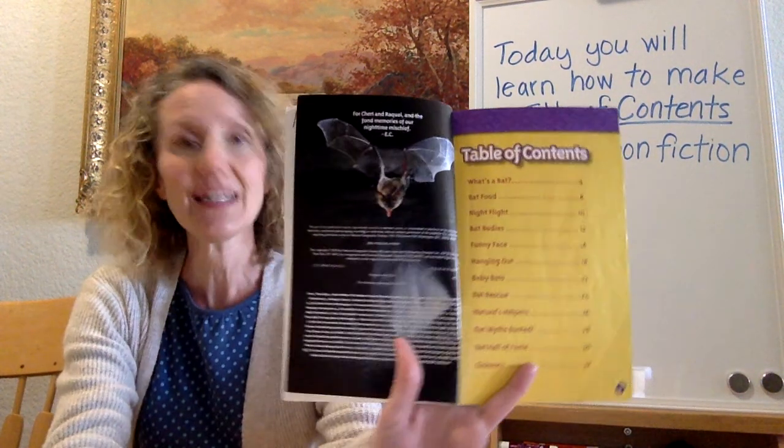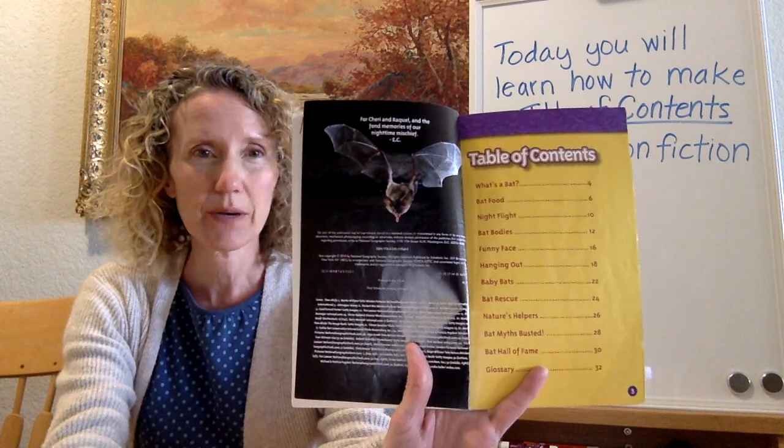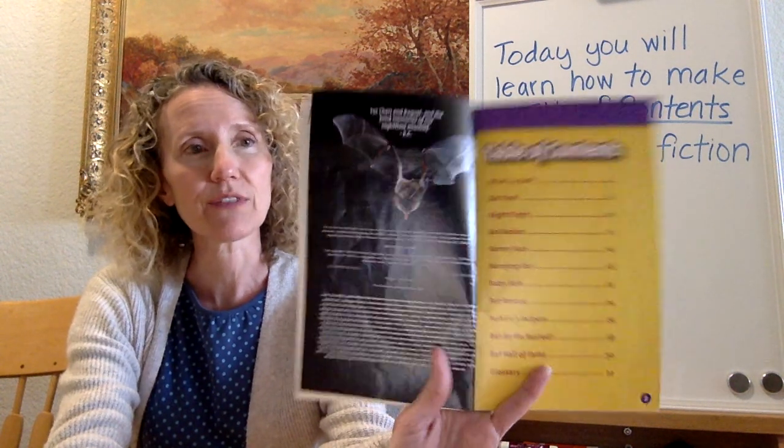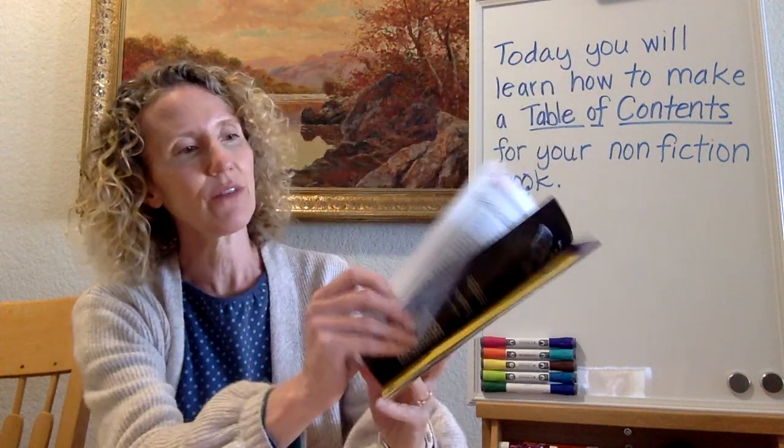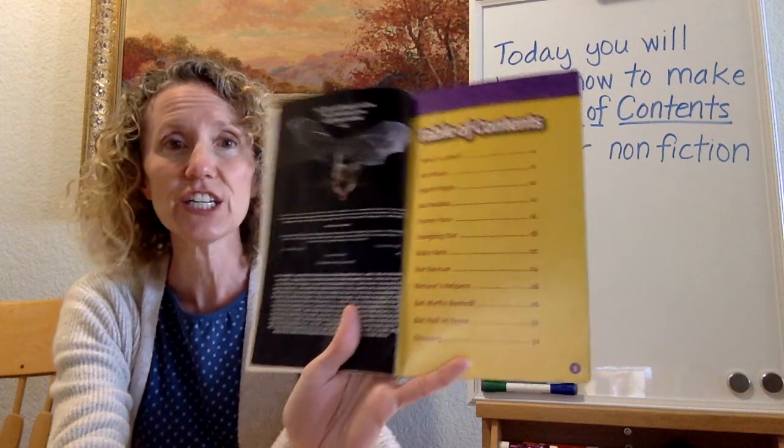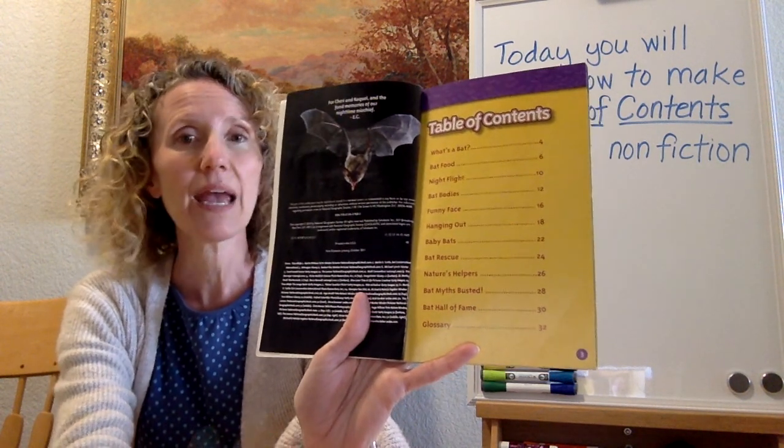Second graders, today you are going to learn how to make a table of contents for your nonfiction book. This is a published table of contents in my bat book. It's near the beginning of the book and it tells what page each topic is on in page number